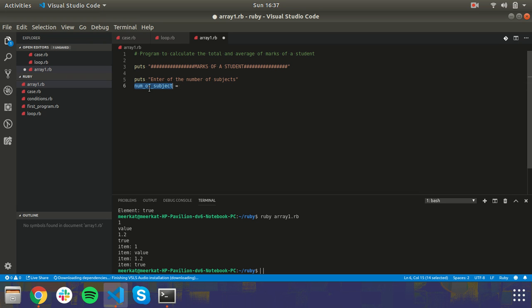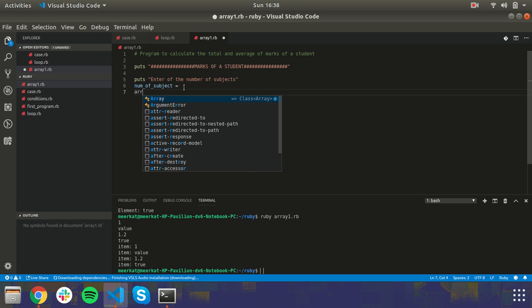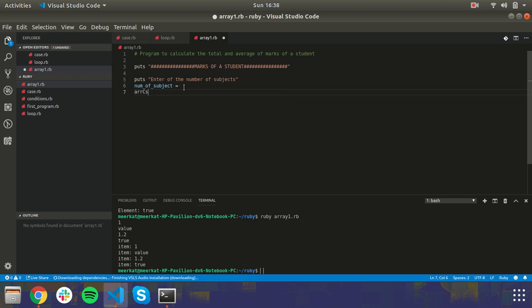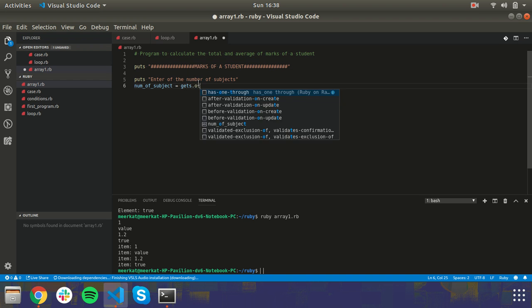also. So the way to write a variable in Ruby is that we use an underscore in between, right? Different programming languages have different coding formats. If you're initializing a variable in Java, or in C sharp, then you use this, I forgot what it's called, camel case or something. So the first word will be all lowercase, and the first letter of the second word will be capitalized. So this is called camel case, I guess, but here we're using underscore. This is the coding format of Ruby. So let's say number of subjects will take to i,